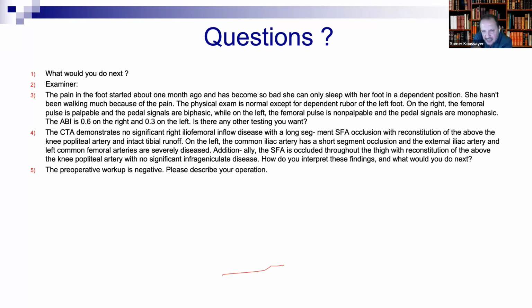Remember, in the exam, everything counts against you. Like if you did not give heparin, you say this is negative. Don't forget that. I know you do it in real life, but in the exam, he presumes you're not giving heparin. Because he's going to tell you that after you finish, you're thrombosed. Why? And then you get confused, but it's really very simple. So don't forget, before you clamp, you have to give heparin. All right, let's continue.